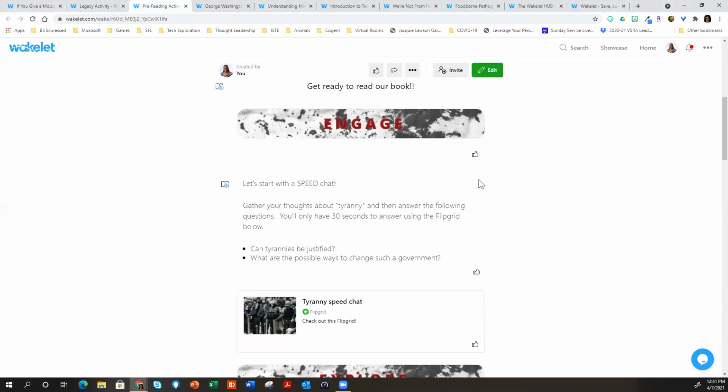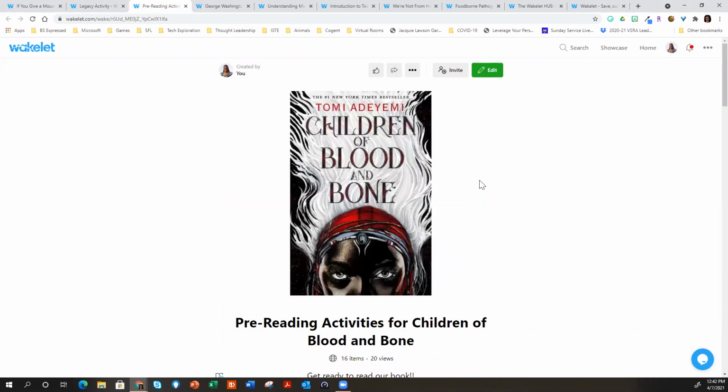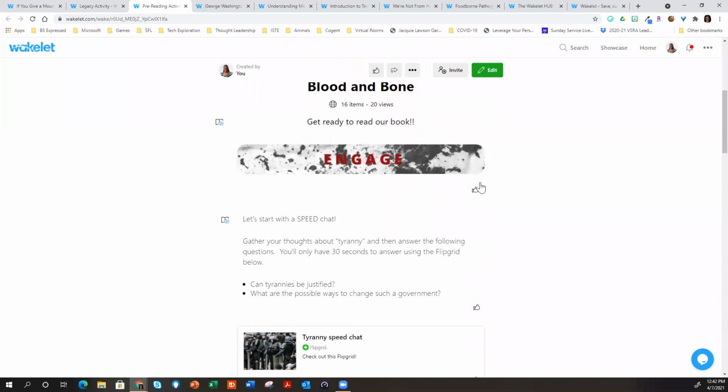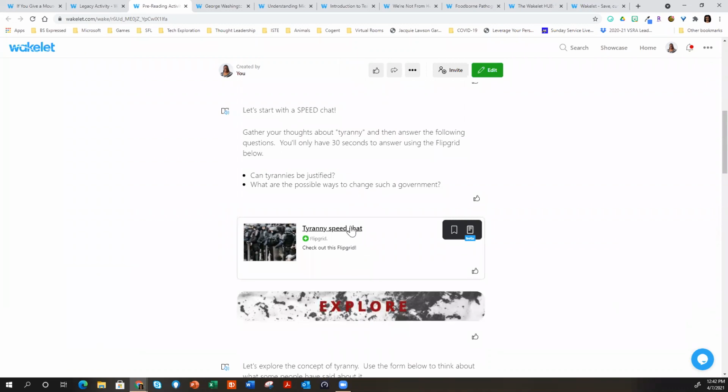So the next one is a 5E model. This is again a pre-reading activity for this one, Children of Blood and Bone. And so in this reading activity, there's trying to set the stage for the students who are going to read the book, understanding the concept of tyranny. And so the first part is to engage, and they've got a speed chat that they were going to do. So there's a link here to a Flipgrid so that they can just off the top of their heads talk about whether or not they think tyranny can be justified and what can you do to change tyranny, just to